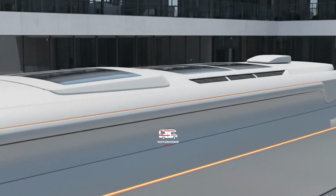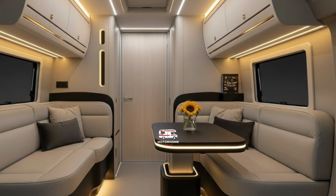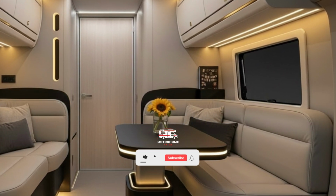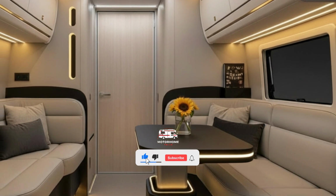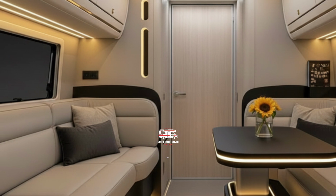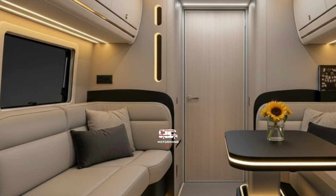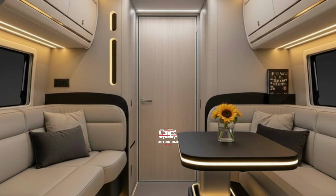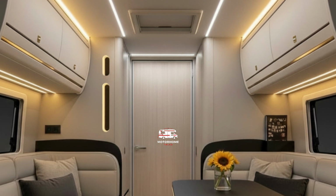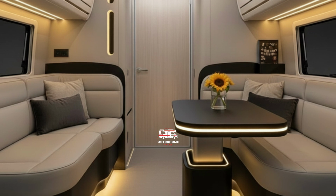Step inside, and the atmosphere immediately changes. The lounge is the heart of this motorhome, designed as a calm living core rather than a flashy showcase. Light gray surfaces dominate the space, softened by black structural accents and warm golden lighting. Rounded, sculpted sofas curve gently along the walls, creating a natural flow without sharp edges. The seating feels intentional, supportive yet relaxed, encouraging conversation, reading, or simply sitting quietly while the world passes outside the